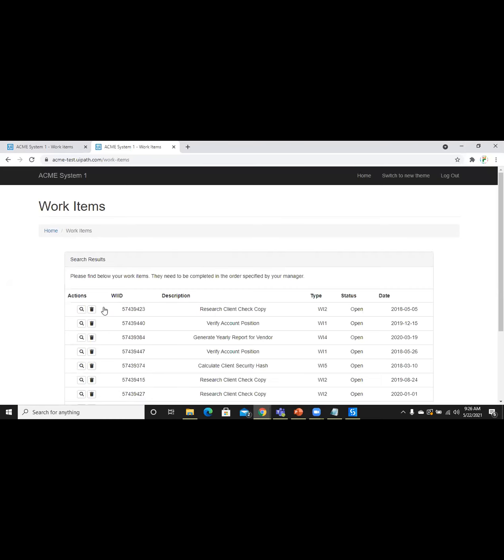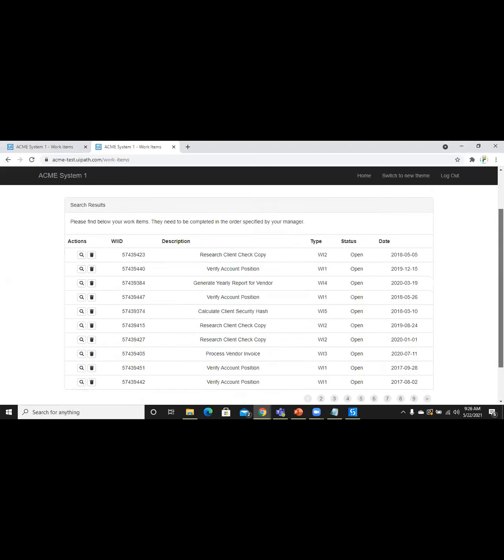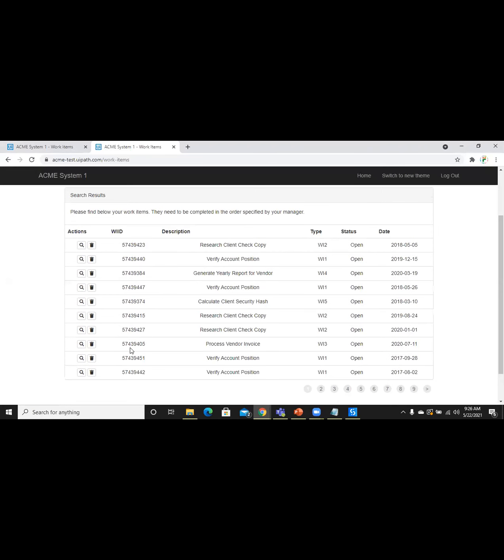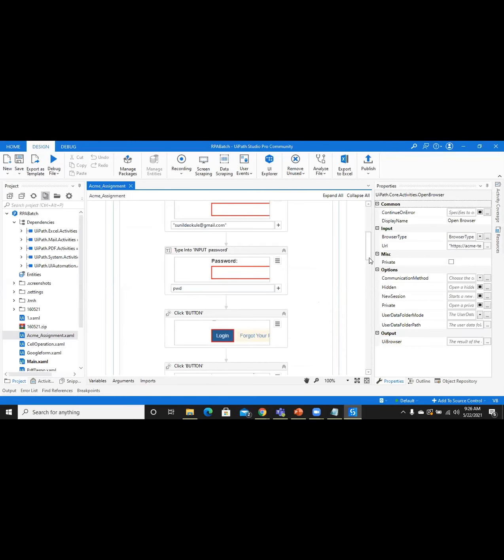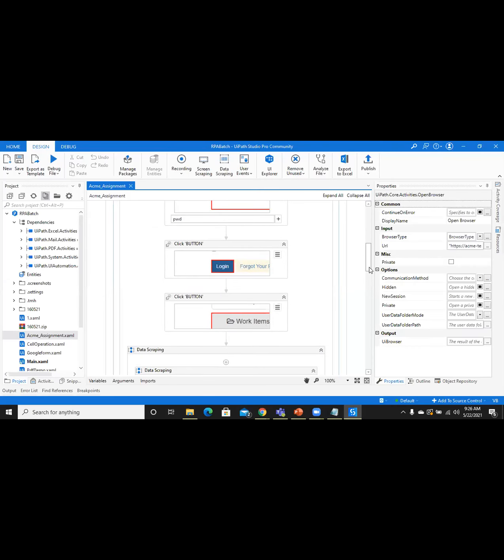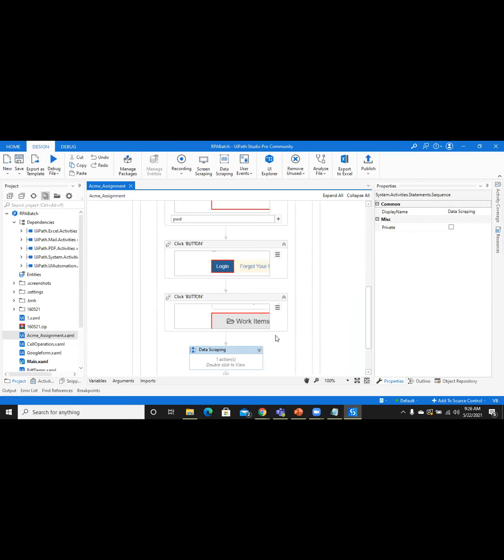That is my task. After clicking this work item, I need to extract all this data. To extract the data, in the demo session I think you have already undergone how to extract data. In the Flipkart website, you scraped the number of mobiles and email IDs. Here also you can do the same. Let me show how you can extract data. So to extract data, I'll just take one activity.